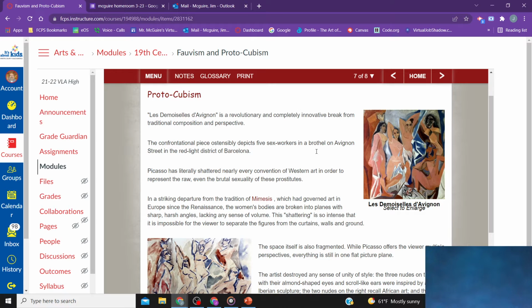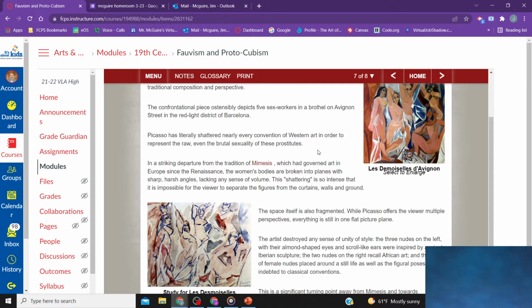Picasso literally shattered every convention of Western art in order to represent the raw, even brutal sexuality of these prostitutes. In a striking departure from the traditional mimesis that dominated art in Europe since the Renaissance,